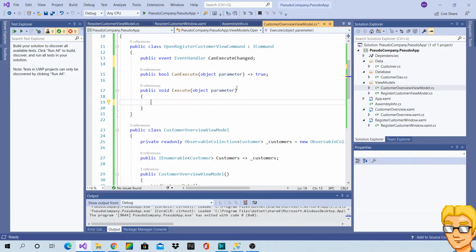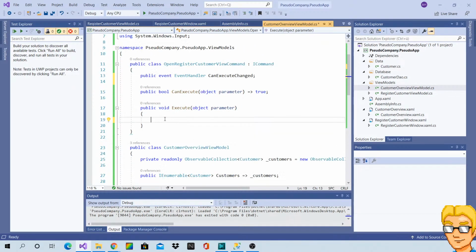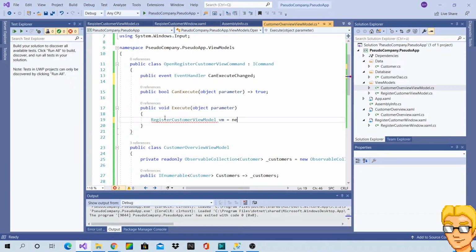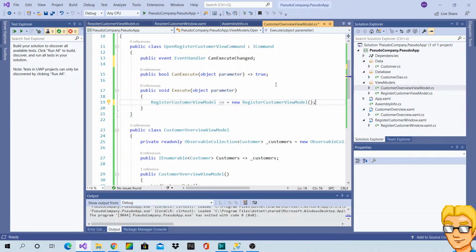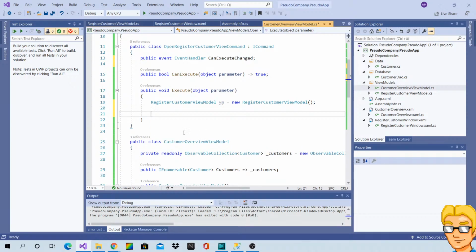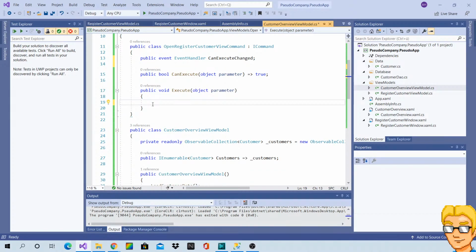And I need to implement this command. Let's just say, actually wanted to instantiate the window.